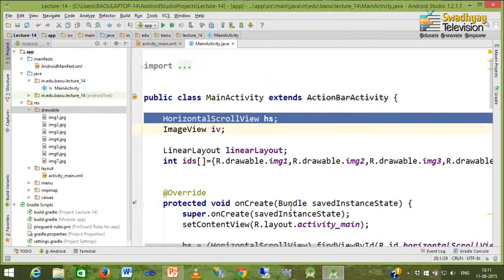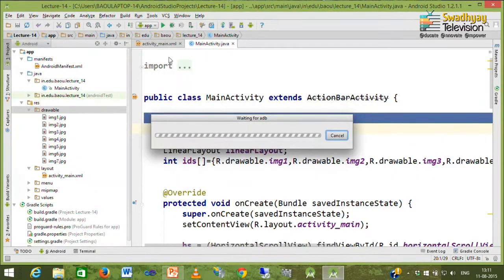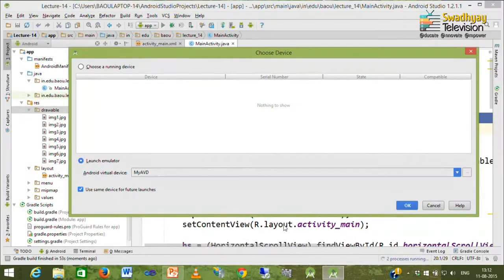Next, we want to save this file and run this application. So, I press the run app button. Here it is asking whether you want to launch an emulator already created. So, I select launch emulator already created and then press OK.